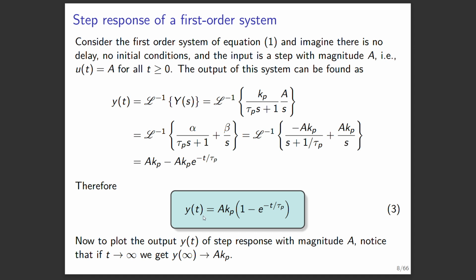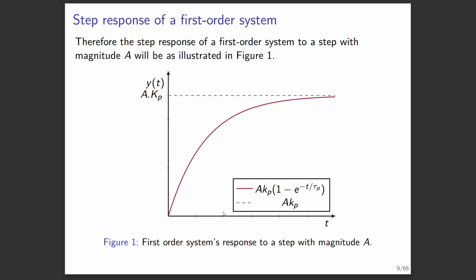So what remains is capital A times Kp. Let me repeat again. If you have a step with magnitude of capital A, your first order system not only would have that capital A, but it actually goes up to capital A times Kp